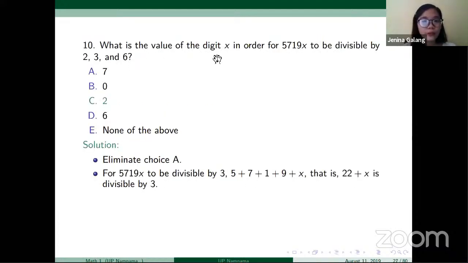So here, what is the value of the digit x in order for 5719x to be divisible by 2, 3, and 6? So here, gagamitin ulit natin yung elimination process since yung 7 is not even. Dapat kasi yung x natin is even to be divisible by 2. So we can eliminate choice A. So para malaman natin yung x,